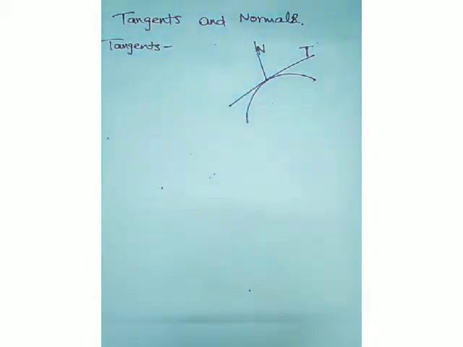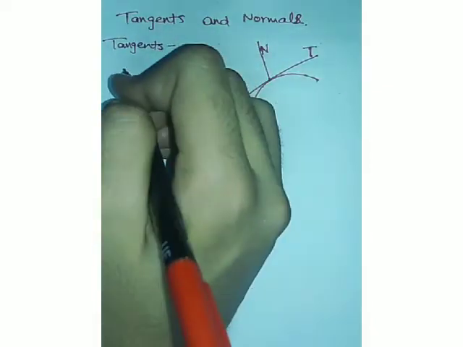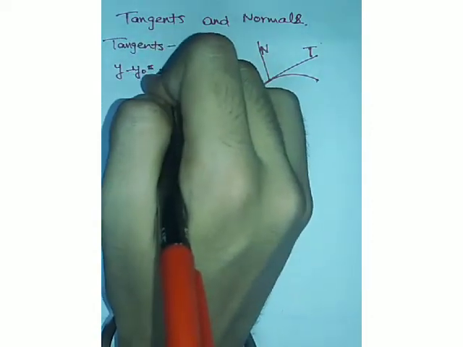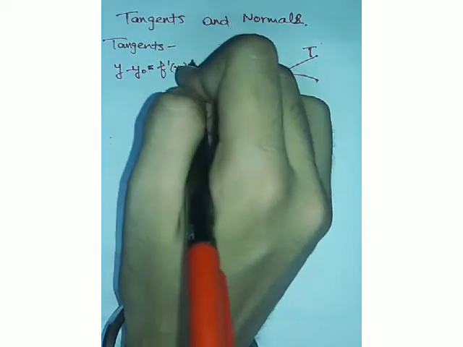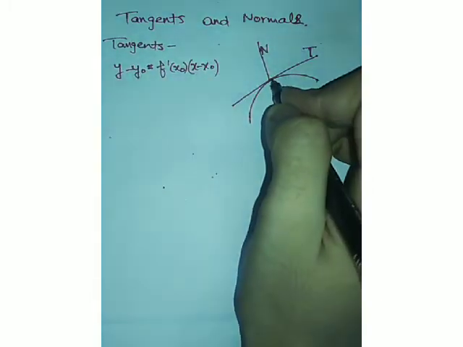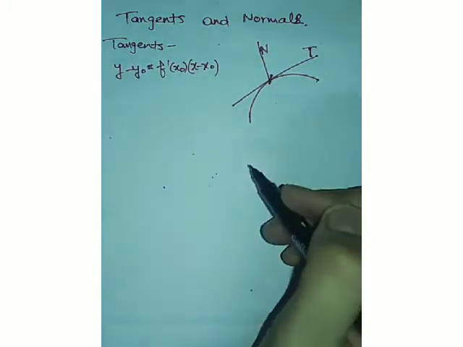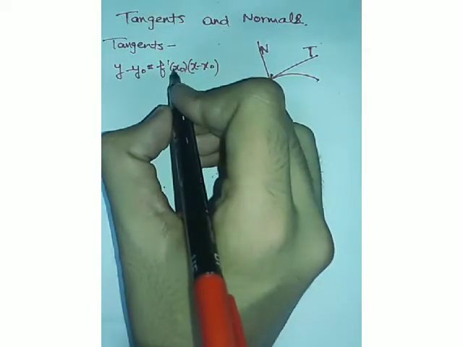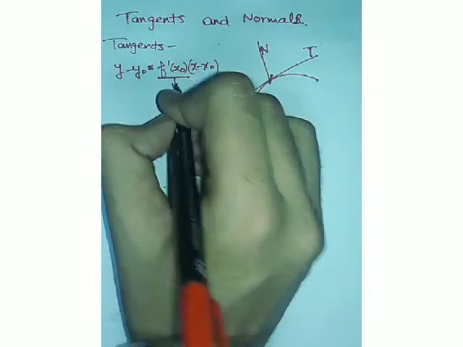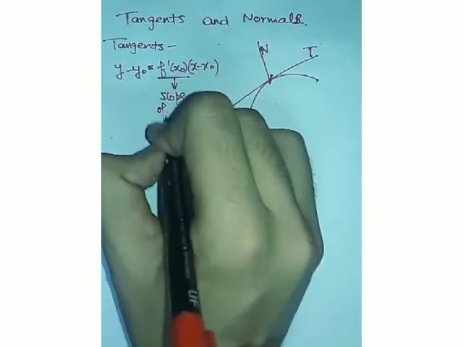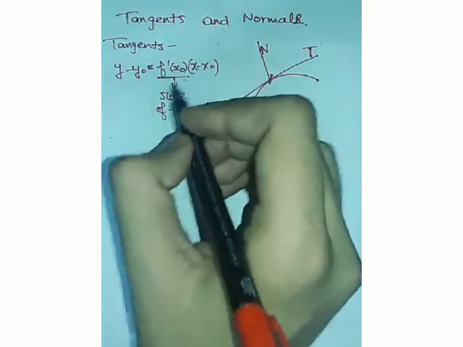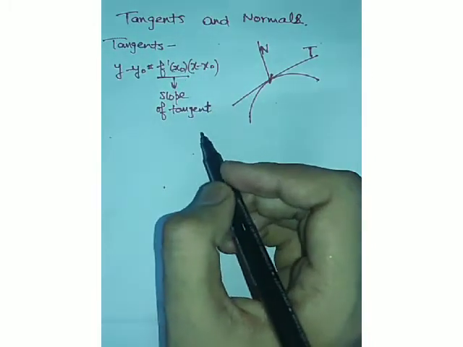The equation of a tangent, what does the equation of tangent look like? That is y minus y naught is equals to f dash x naught times x minus x naught. X naught, y naught are the points at which the tangent is meeting the curve. Alright, and y and x are simply variables. Now this term that is outside the bracket is known as slope of tangent. Alright, it is also known as m, but here we have substituted m as f dash x naught.